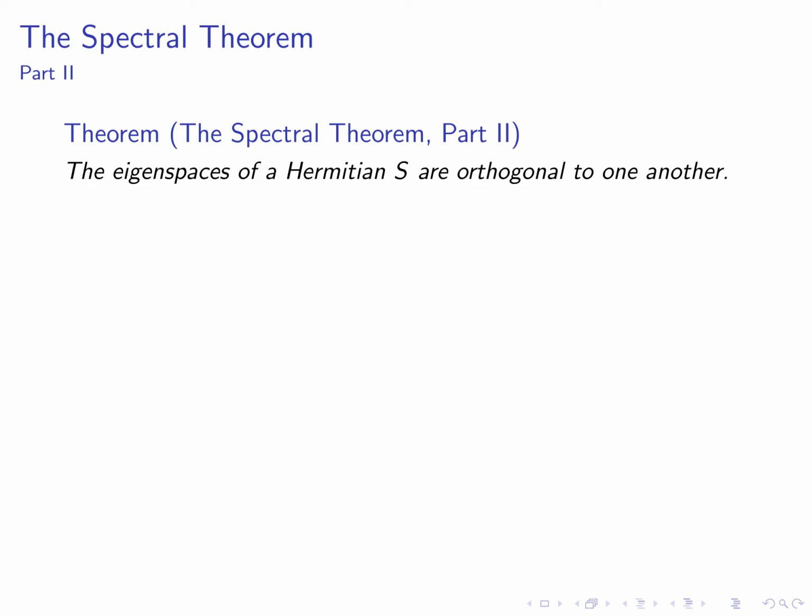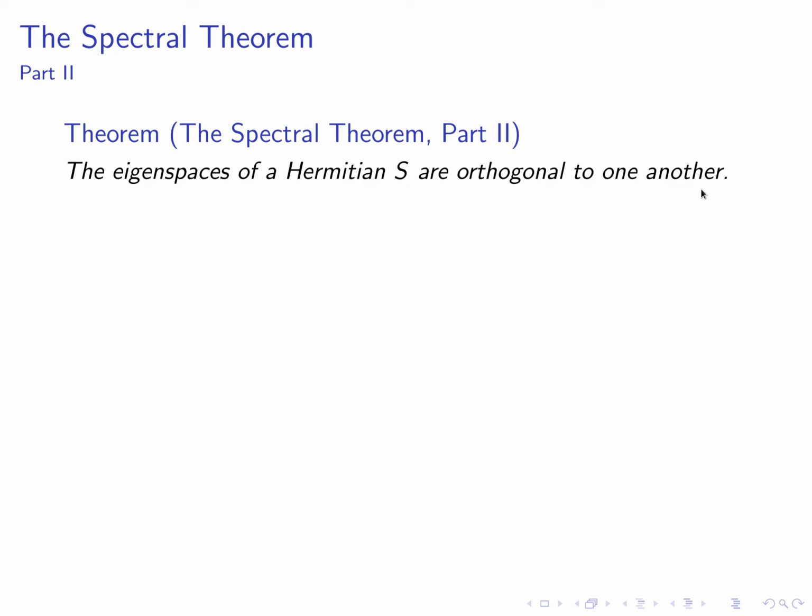The first part of the spectral theorem says that every Hermitian matrix is guaranteed to have real eigenvalues. What does the second part say? The second part of the spectral theorem says that the eigenspaces of a Hermitian matrix S are guaranteed to be